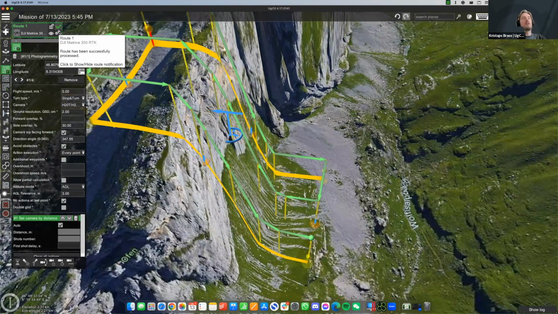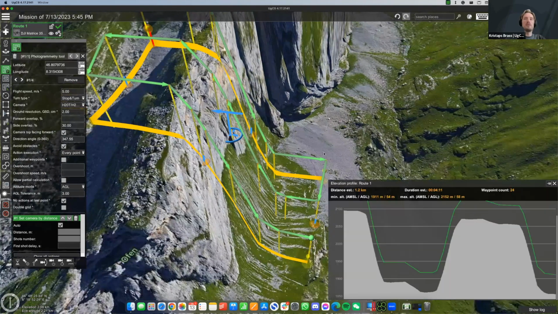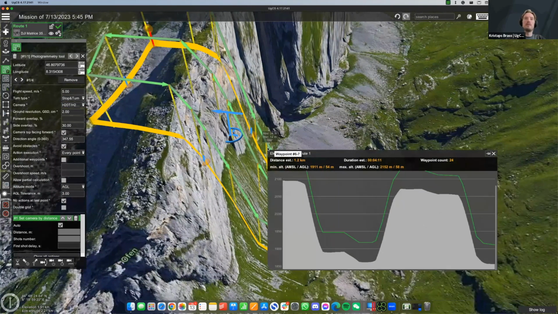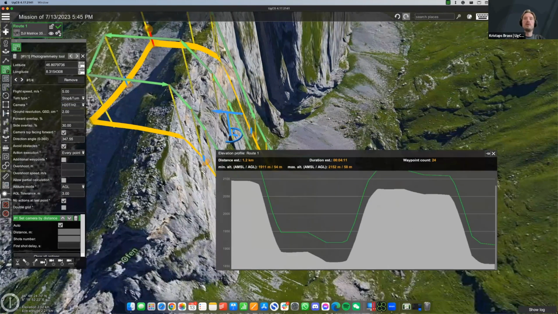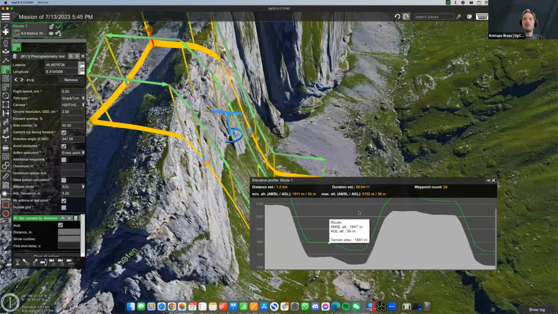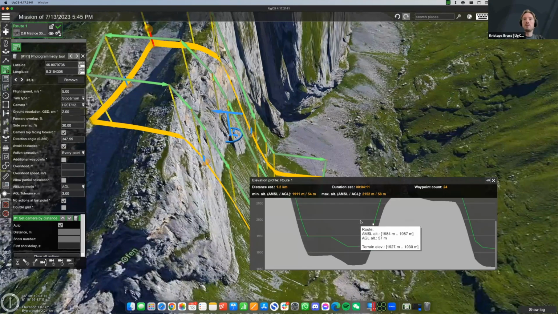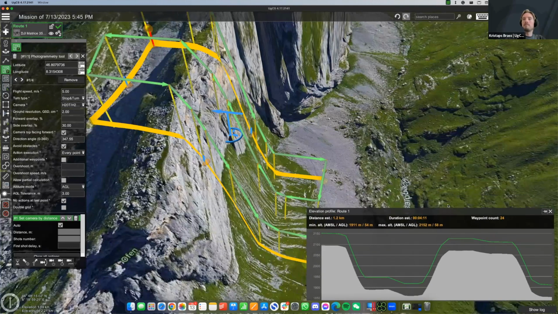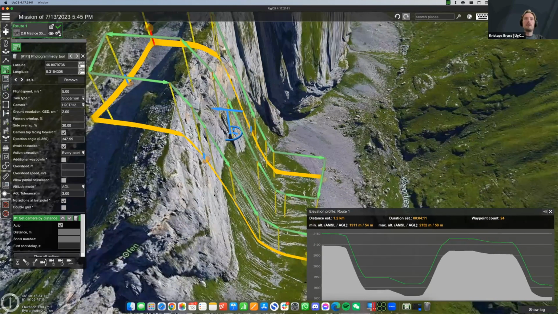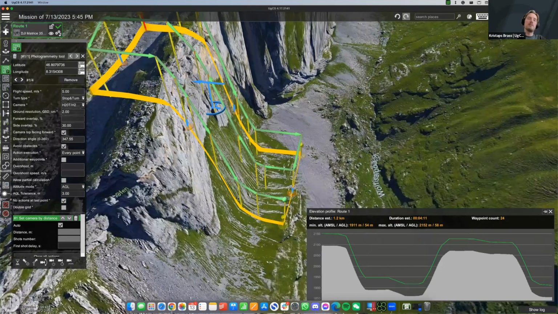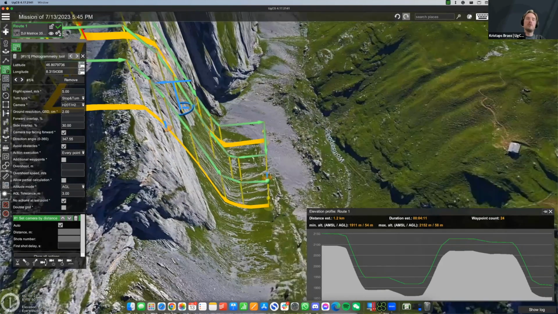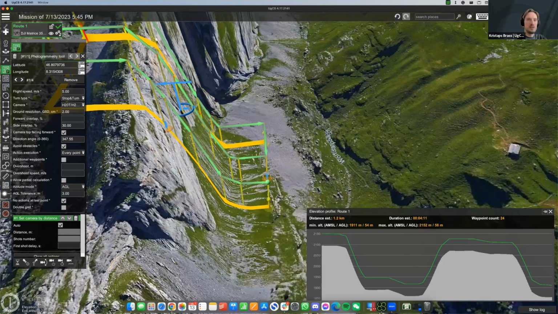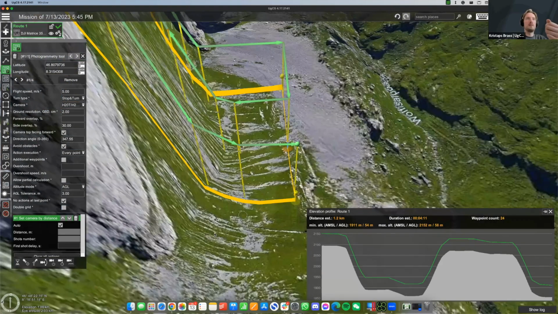And then if we go here into parameters and then show elevation, we can now see the elevation profile for this route. By the way, now this window can also be resized. You can also zoom in vertically in that. So yep, now we can move this window down here. So here you can see that when the drone is here on the ground, I wouldn't like to call this a flat surface, but I suppose you get what I mean,